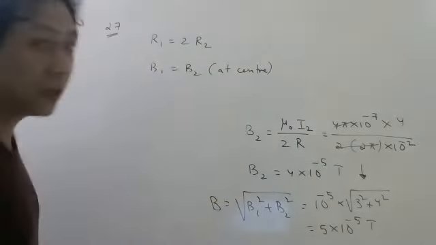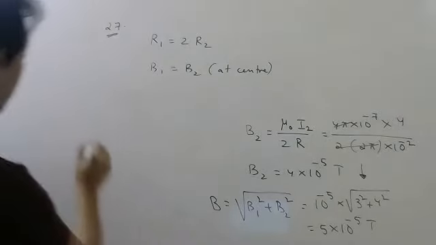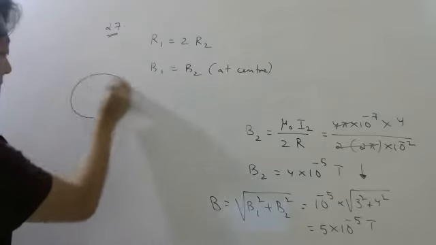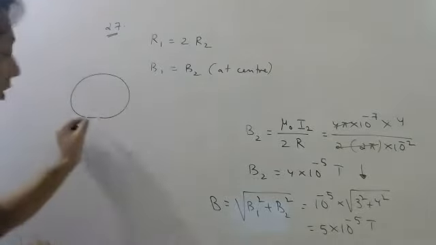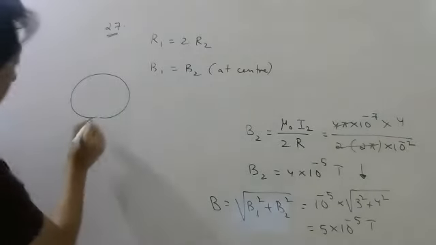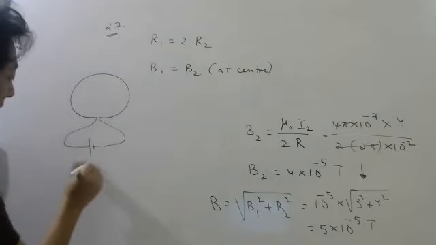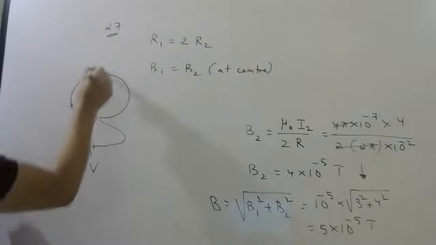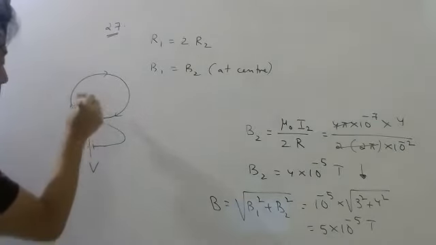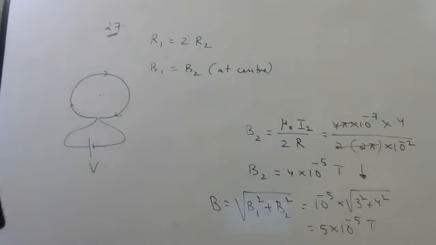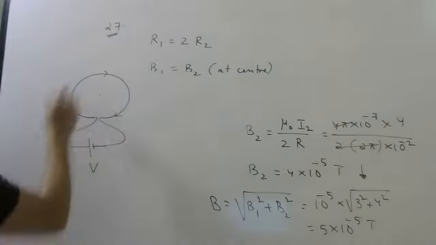Now, if you are wondering how we are going to apply potential difference to a circular wire, you can think like this. This is a circular wire. Now you make a very small gap here, so small that you can neglect it. Then from here you take some wire which has no resistance and put a battery. So current will flow like this. You can neglect this part, and due to this circular wire you have to find the magnetic field here.